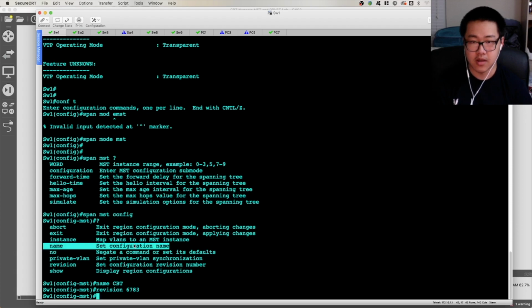MST's goal, on a Cisco switch anyway, is to reduce the number of spanning tree instances they have to run, reduce the redundant spanning tree instances that are just unnecessarily taking up CPU time, and therefore make spanning tree more efficient. How we do that is by specifying an instance, and an